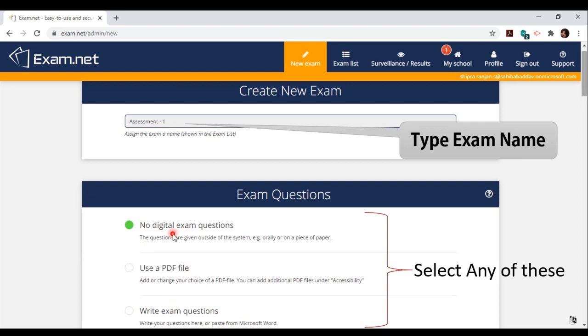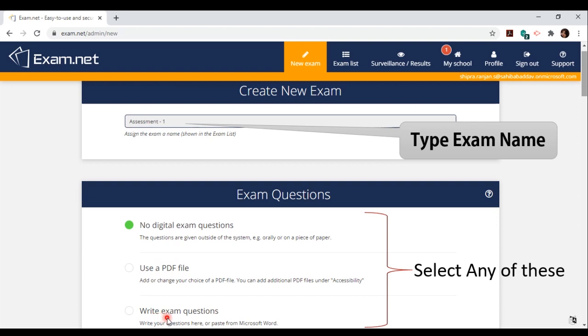These options apply if you are not giving a digital exam, and you are orally giving the questions to the student, or you have given a piece of paper to the students for the questions. But as we are doing this as online learning, students are not physically present in front of us. So you can choose either of these options: use a PDF file, or write exam questions.